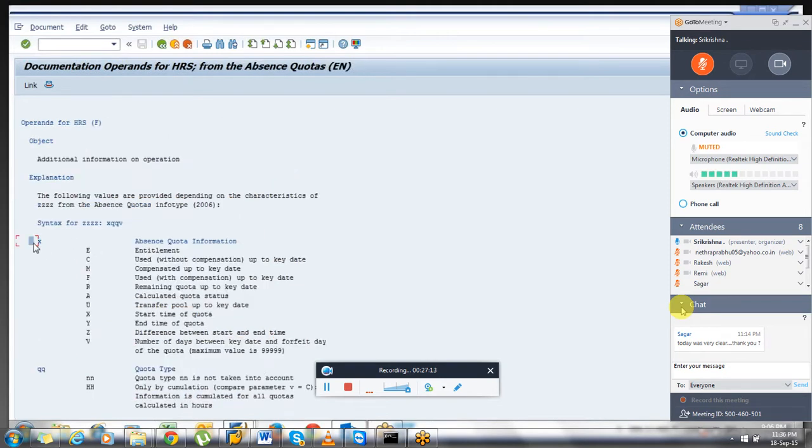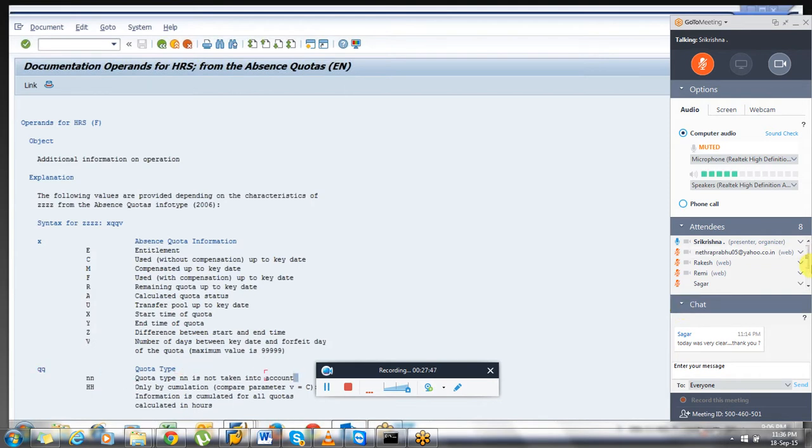So here in the place of X, this is the syntax they had given, right? After HRS is equal to F, then XQQ. So we have given C on the particular key date. What is the quota? Sorry, I used F. So remaining quota I am pulling and giving the quota number.